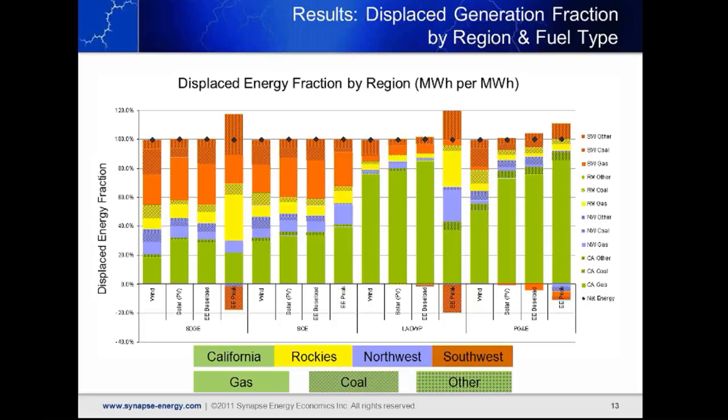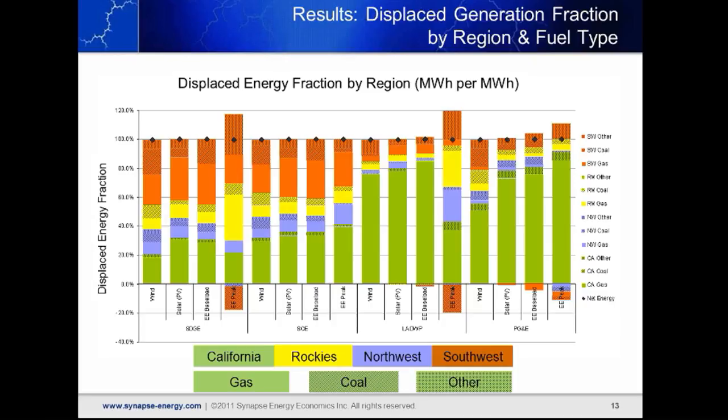So now I'm going to walk through what some of our results actually look like. This is going to be a fairly intimidating looking graph, but it's actually quite interesting. If we take it just one piece at a time, it will give some very interesting insights in terms of how the system actually operates.